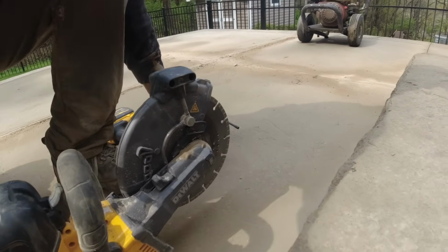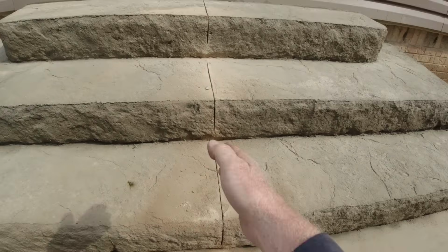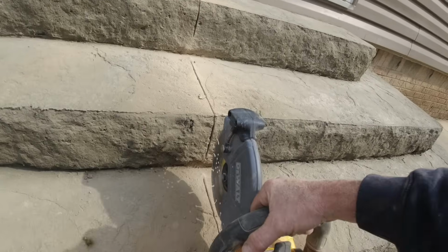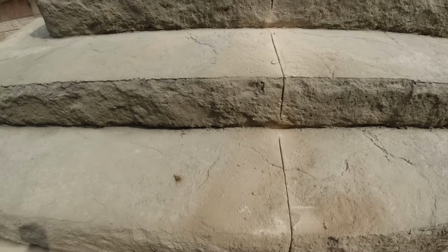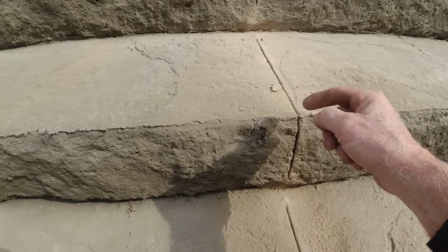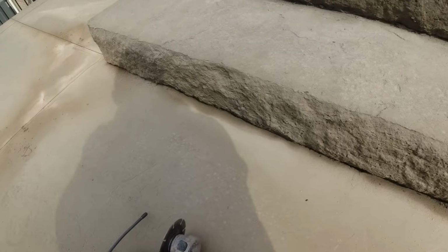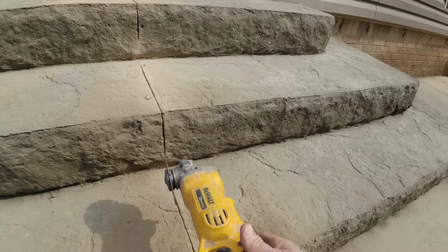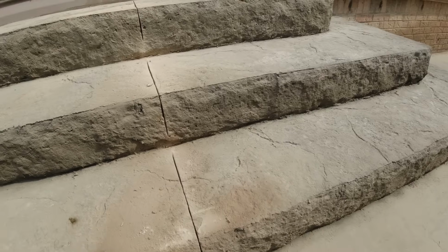down. So what I wanted to talk about real quick was I put a center cut right up the steps. And I used this on regular concrete and it fit in there pretty good. But on this bevel return here, it won't get right in the base of that. So I had to run home and grab our grinder. Now I can finish those cuts right in there and connect